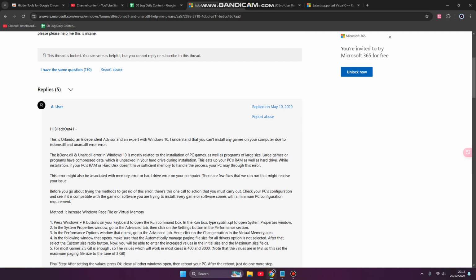So here, the is-done.dll and Unarc.dll errors in Windows 10 or 11 are mostly related to the installation of PC games, as well as large programs, which are unpacked on your hard drive during installation. This eats up your PC RAM as well as hard drive. While installing, if your PC RAM and hard disk don't have sufficient memory to handle the process, your PC may throw this error. There are some methods, but mainly I use this method to increase the Windows page file